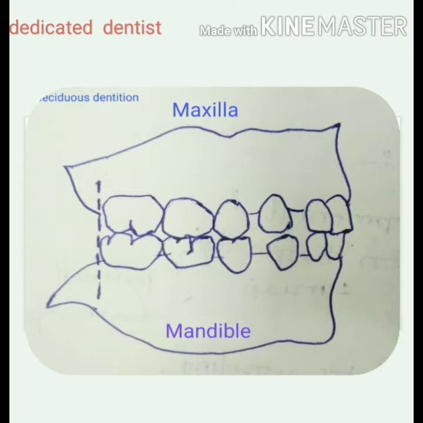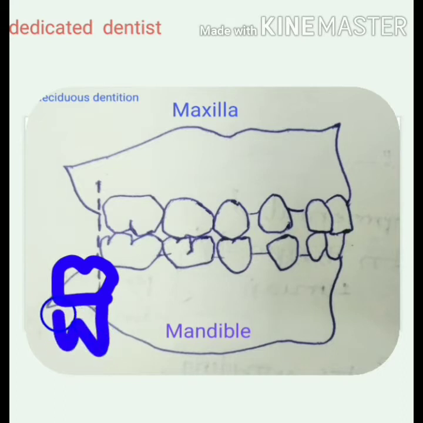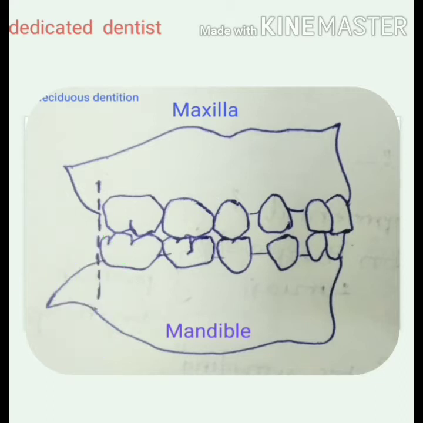You see how the deciduous second molar distal surfaces are in one plane. Now, why is this deciduous second molar so important? Because this deciduous second molar, the distal surface, guides the eruption of the permanent first molar. When a permanent first molar has to erupt, it is guided by this distal surface of the deciduous second molar. Hence, this relation of the deciduous second molar is very important to us because it guides the eruption of the permanent first molar into the dental arch. Hence, we have to keep this in mind.